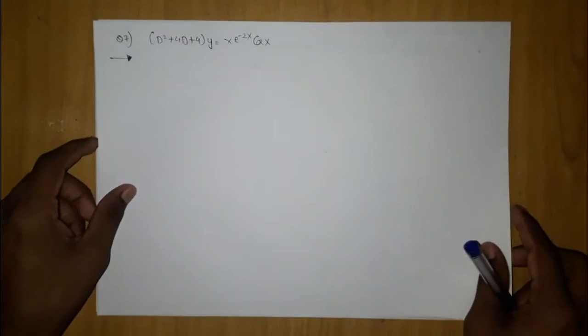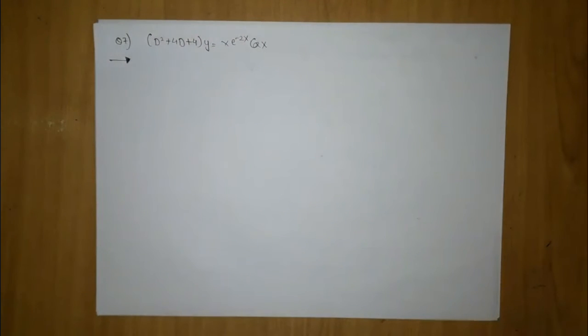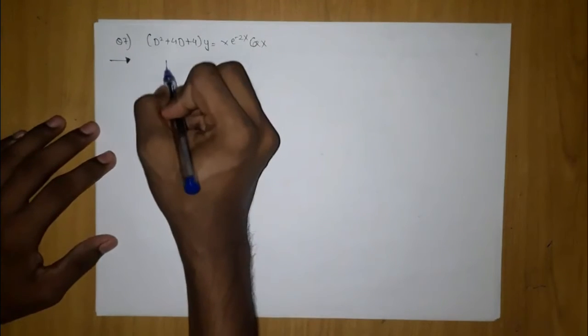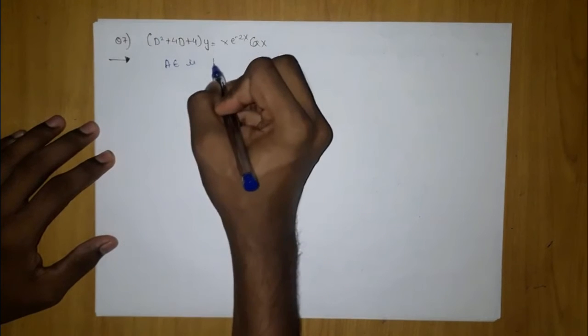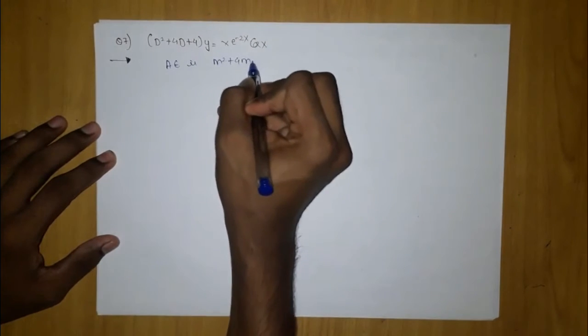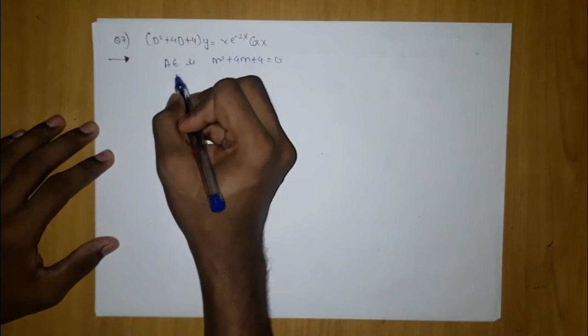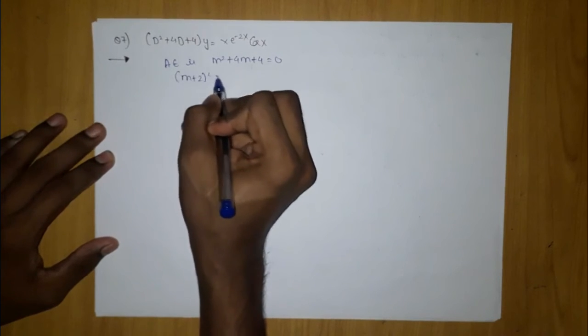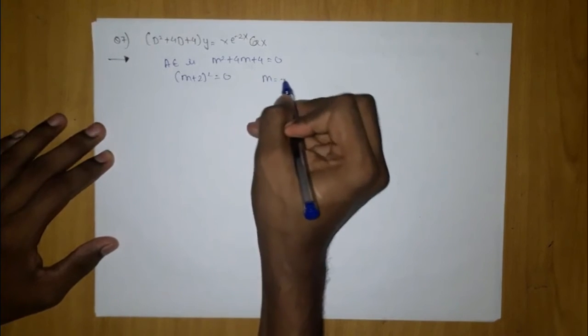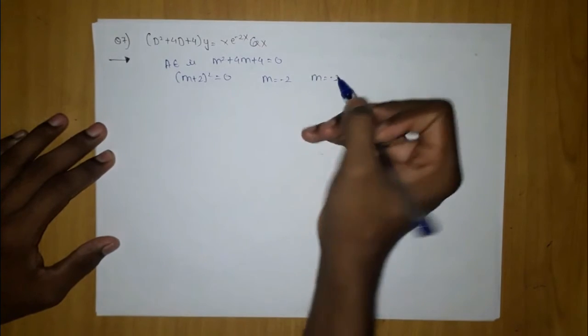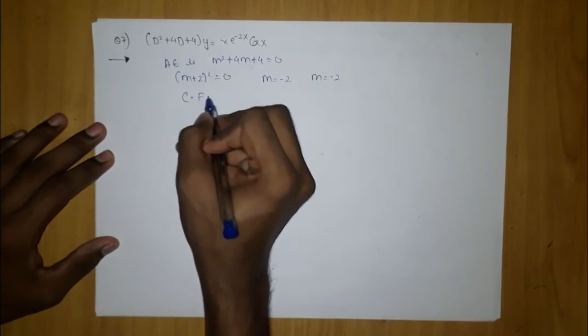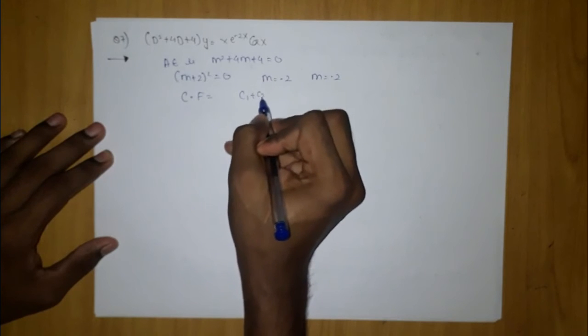So the next question which we are going to take is this one, which is (D² + 4D + 4) y = x e^(-2x) cos x. So if we try to simplify, the auxiliary equation is nothing but m² + 4m + 4 = 0, giving me (m + 2)² = 0. So m = -2 and m = -2. So roots are real and equal, so you can write the complementary function simply